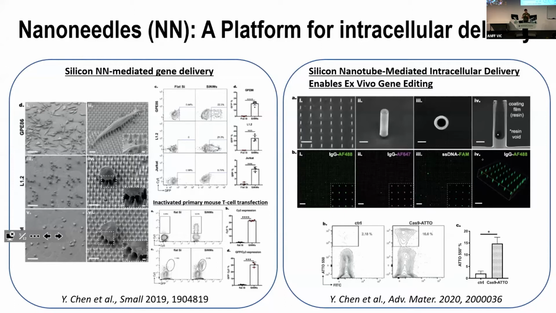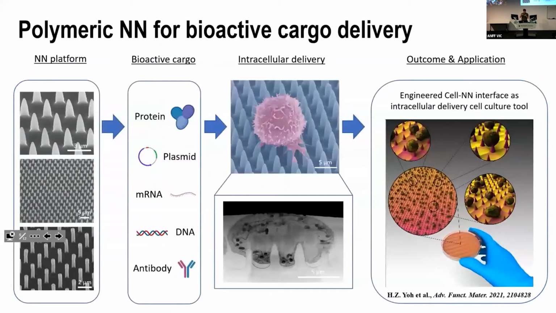However, the fabrication process can be complex and sometimes costly as well. So we're looking at an alternative. We're looking at polymer materials, for example polystyrene, which is used for Petri dishes and is widely used in most labs. It is easily accessible and cost efficient. If we can integrate the nanoneedles into this polystyrene material, then we can create a cell culture tool